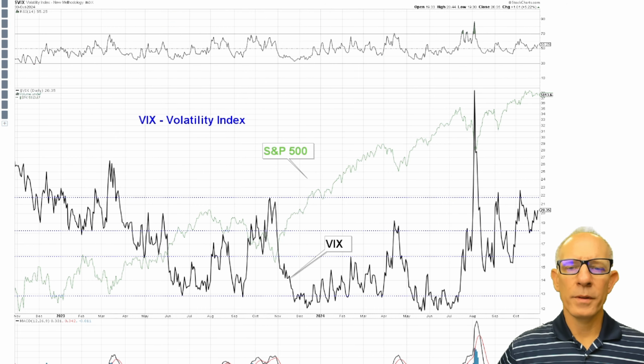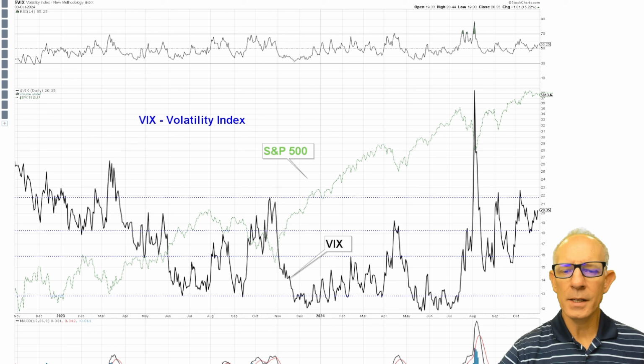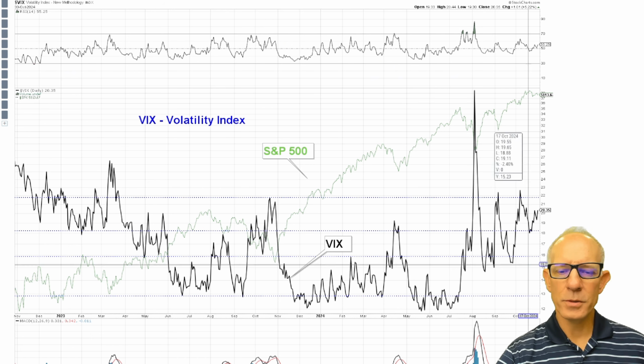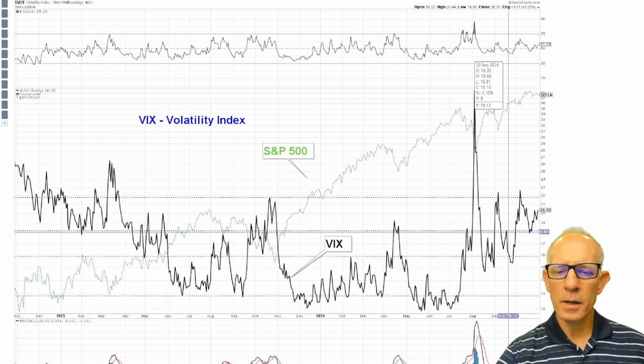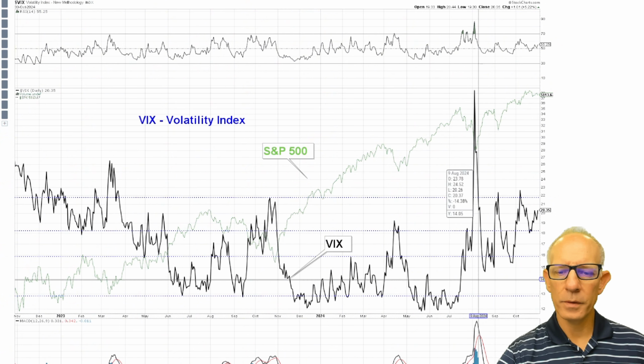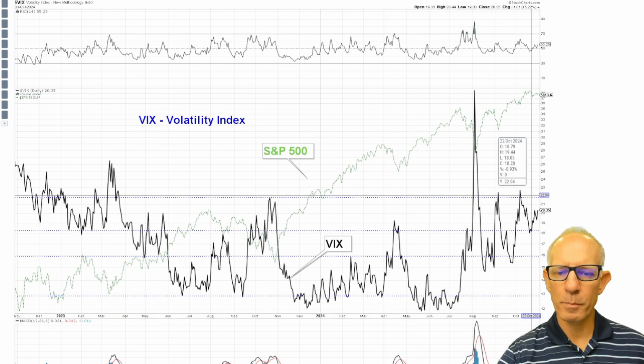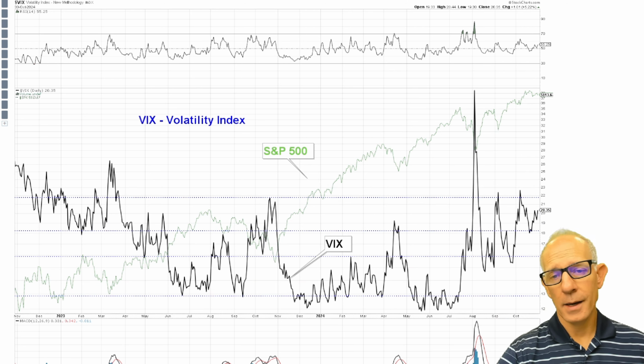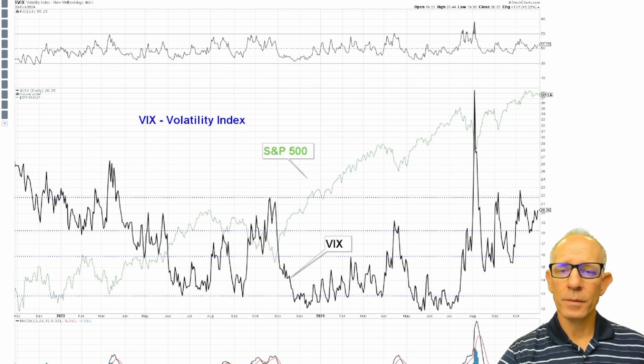All right, so the other thing that we want to keep our eye on is the VIX. And the VIX is the volatility index indicator. It's what they call the fear index. I've talked about this quite a bit in the past, but you can see that the levels are steadily climbing. In other words, we're kind of having higher highs and higher lows at this point. So it almost looks like it's building up to where it could provide some volatility.